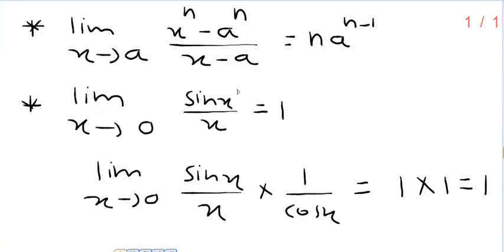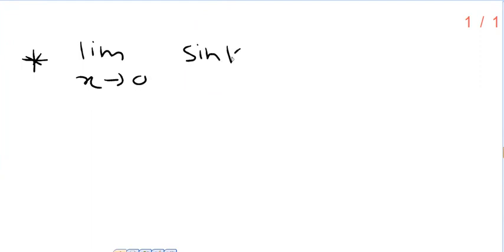See, if you want, you can write these notes. I will not give separate time for this. Now from this you may say limit x tends to 0, cos x upon x is also 1. No, this limit doesn't exist. What is the general form? The general form is limit x tends to 0, sin kx upon kx is 1, where k is non-zero real number.